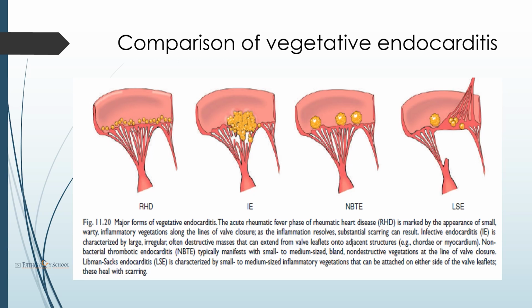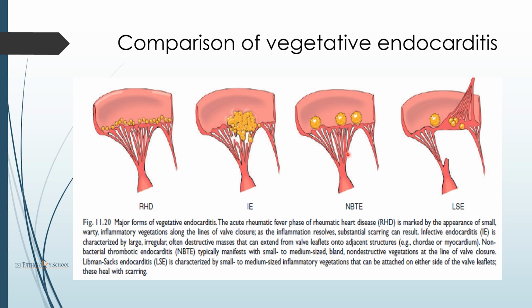Comparison of various vegetative endocarditis. In rheumatic heart disease, it is marked by appearance of small warty inflammatory vegetations along the line of valve closure which later give a fish mouth appearance. This is the infective endocarditis valve, characterized by large irregular destructive masses,